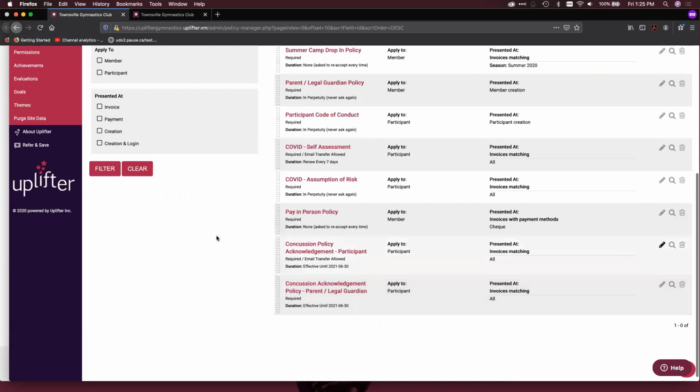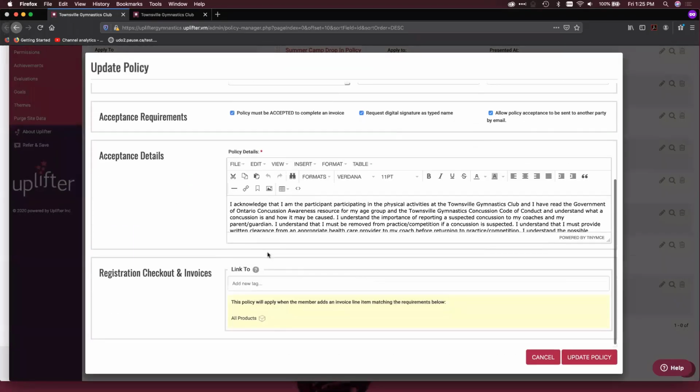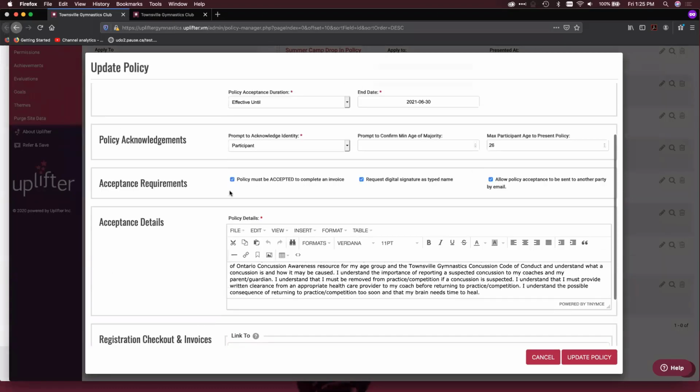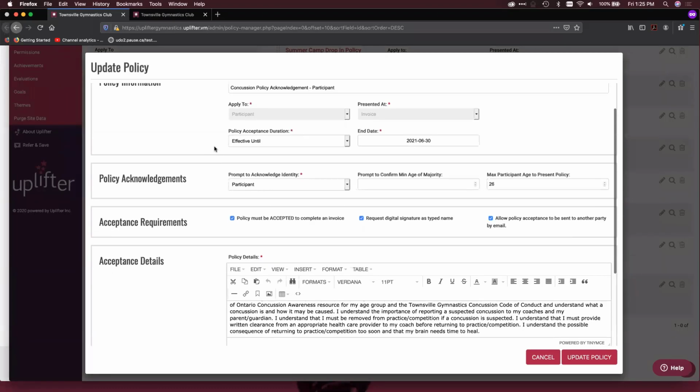So when you edit an existing policy, and if you change any of the wording or any of the details with respect to the acceptance of that policy, like for example when it expires or the duration of it, the policy will be set up as a replacement policy where members will need to re-accept that policy. So be very careful if you've created any policies with a duration date, whether it be effective until or renew every.